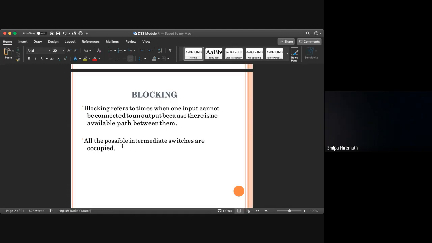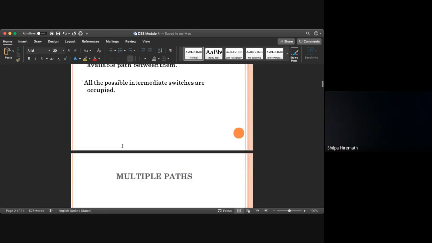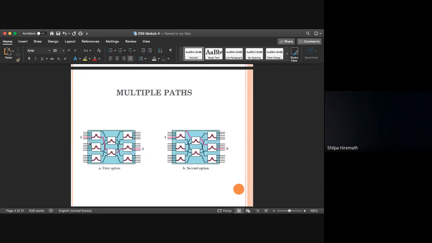So here all the possible intermediate switches are occupied. Then there are multiple paths which are available. Say if I want to connect this 4 to 9, this is one path which is shown. Here these are nothing but the switches, and these are the connectivity between the switches which are said to be links.